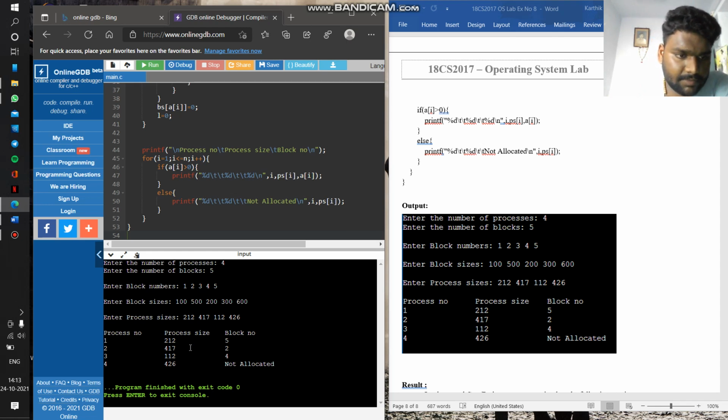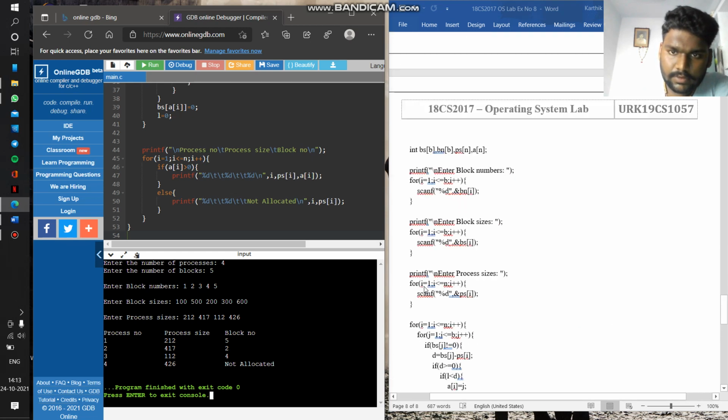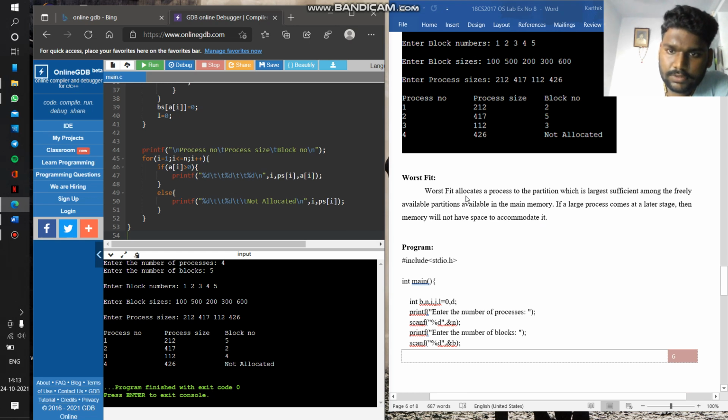As you can see here, for process number 1, the process size is 212 and the block number is 5. Because worst fit allocates a process to the partition which is largest sufficient among the freely available partitions in the main memory. First, it will check all the available options in the main memory. For the first process, the process size is 212.